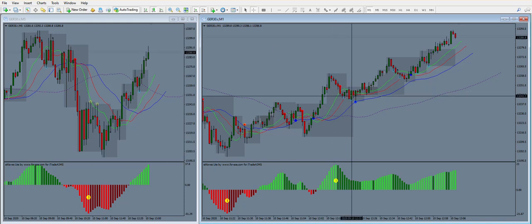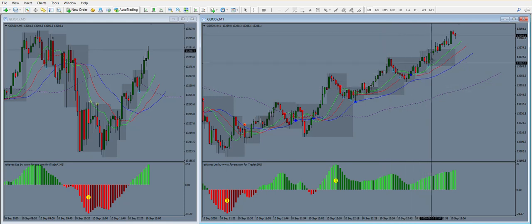But for example, this pattern here, if you were to go long above the box with the stop loss here, you have a nice lovely trade. You have this pattern here, pullback. Now